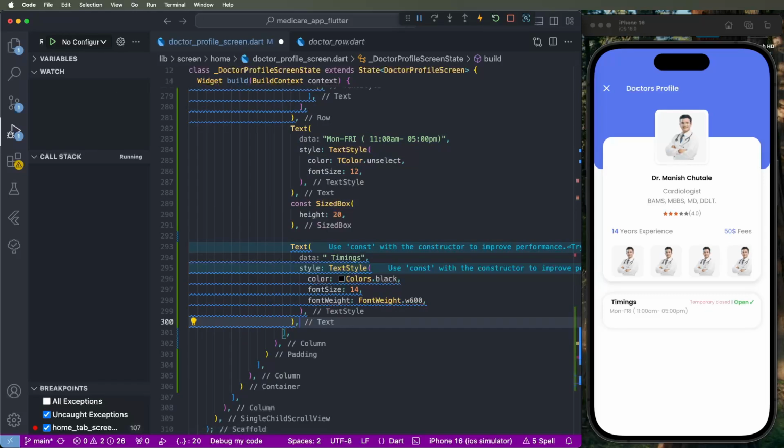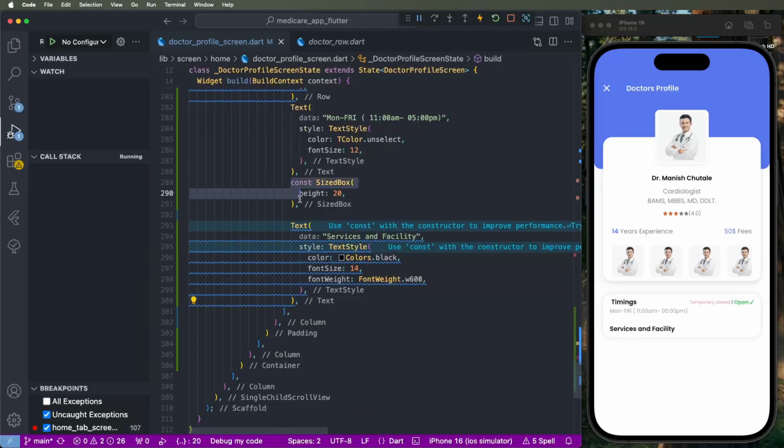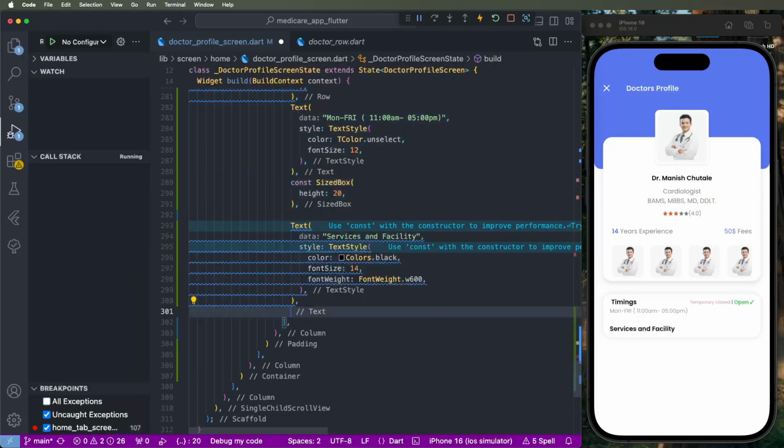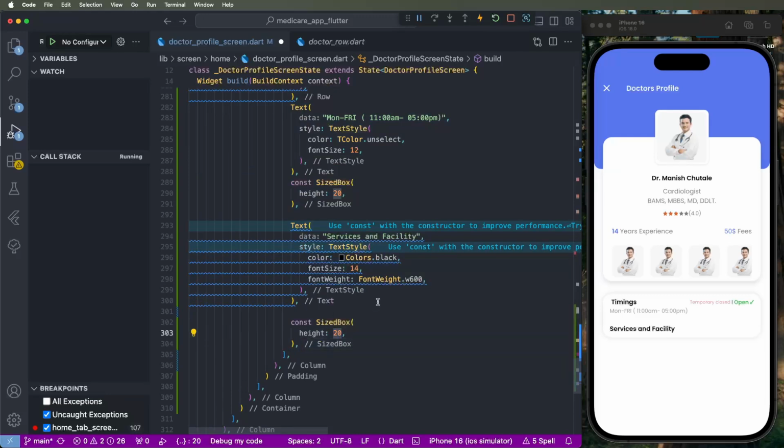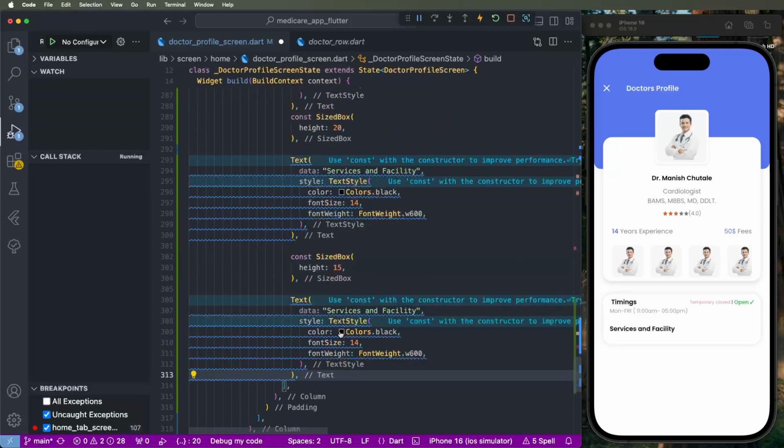Now I need to set the service and facility titles, like shown here. Then again, I need to give some space between these titles. I need to set it to 15, and now again I need to copy this, paste it here, and show the